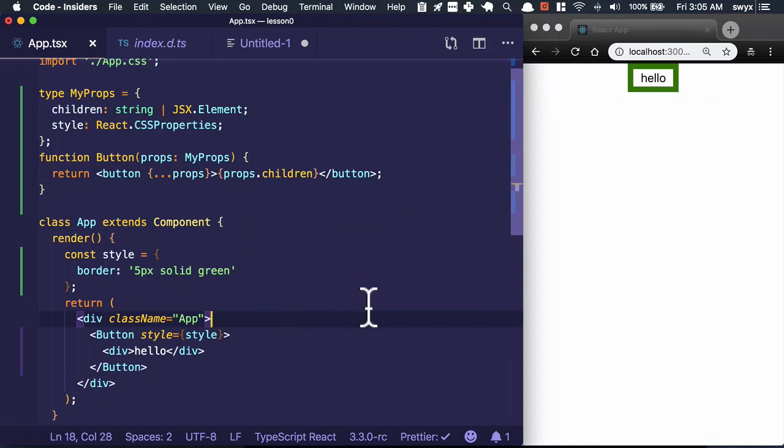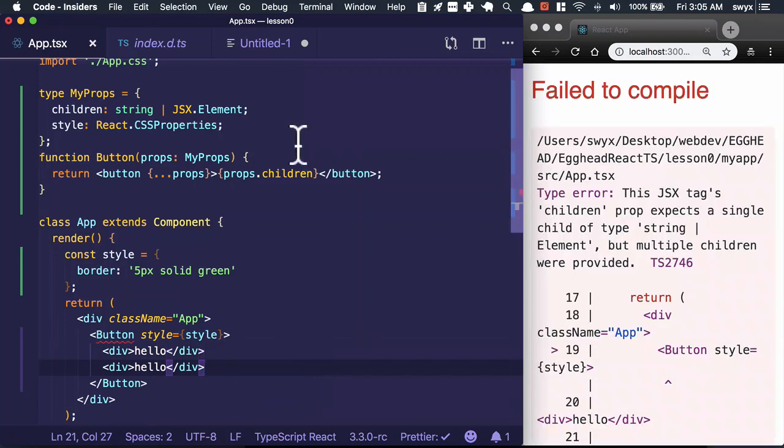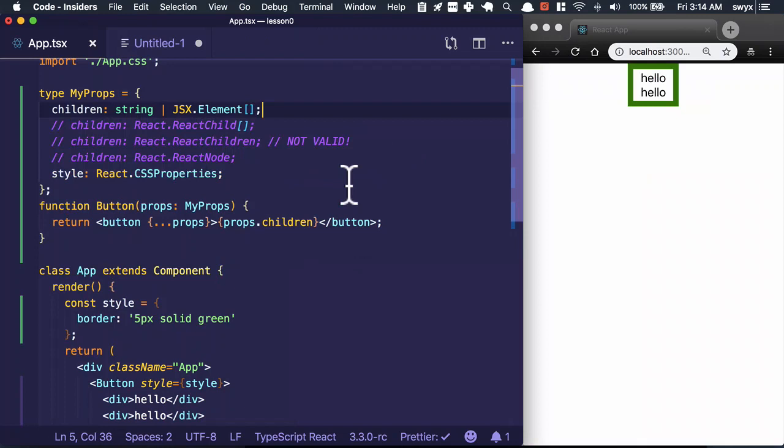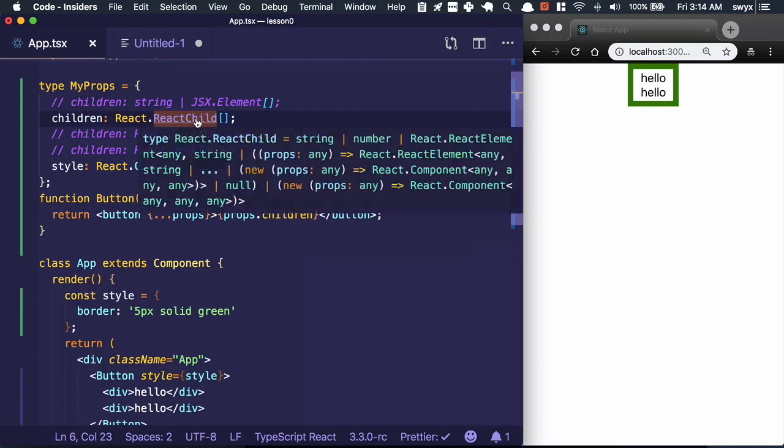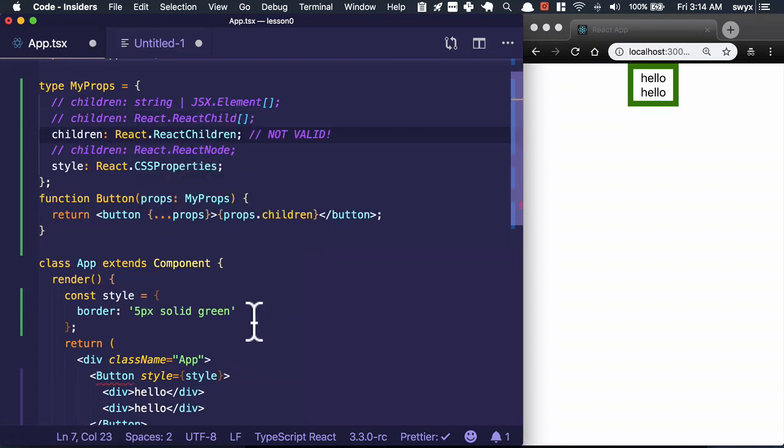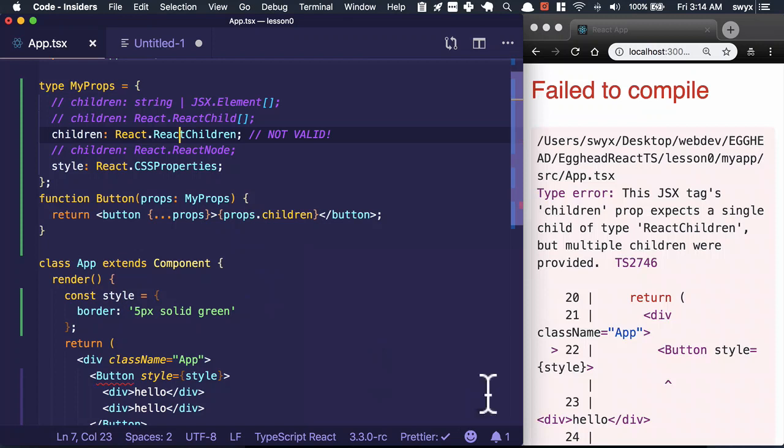And this also works. However, what happens if we try to have multiple children? Well, this happens. So in order to solve that, we can make this element into an array. In fact, there are a number of different ways to type children, and the autocomplete will suggest a whole bunch of different things. For example, you can have React.ReactChild, which is functionally the same as string and JSX element as an array. But if you choose to type it with the type that's actually named ReactChildren, it will fail to